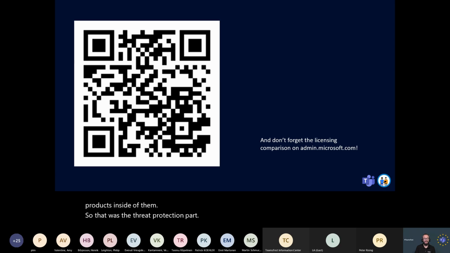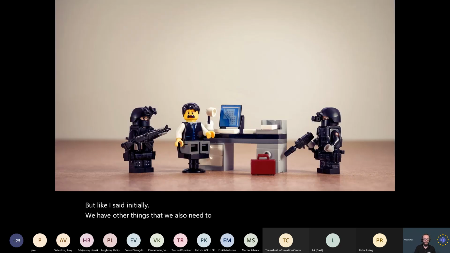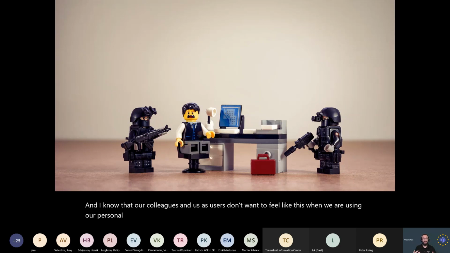But like I said initially, we have other things that we also need to protect. And I know that our colleagues and us as users don't want to feel like this when we are using our personal devices or our managed devices or any device or going to work.